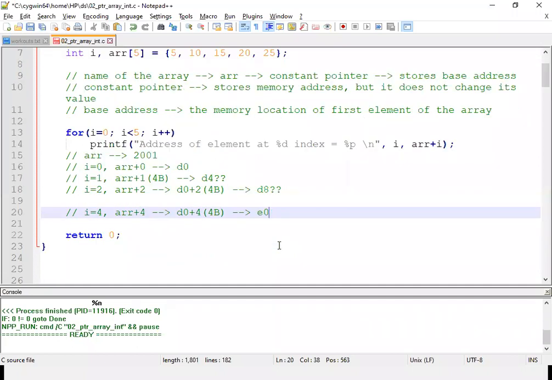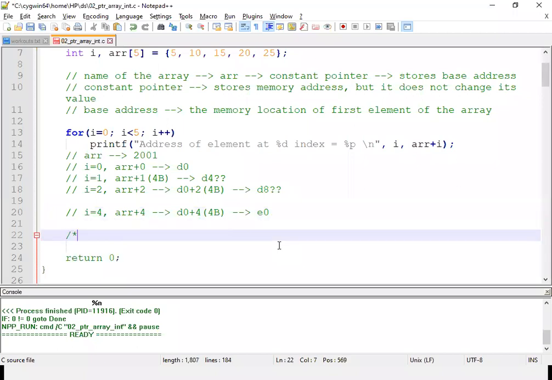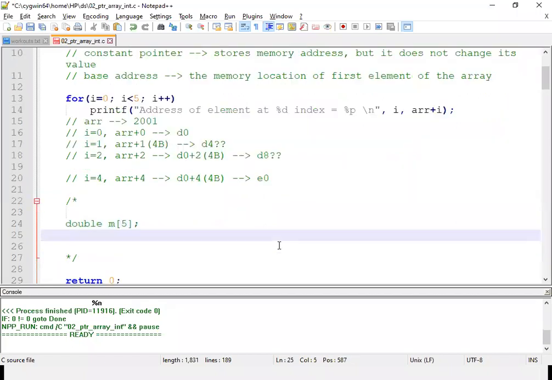Okay, now if you have understood, try to answer this question. Let me check your understanding. Suppose there is a data type double, say M is the array, and it has 5 elements. Whatever the array elements might be, let us not focus on them; let us focus on the memory addresses. Now, in this example, double M of 5, what is the name of the constant pointer here?